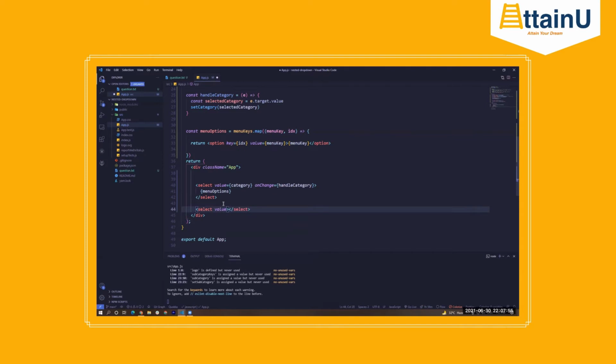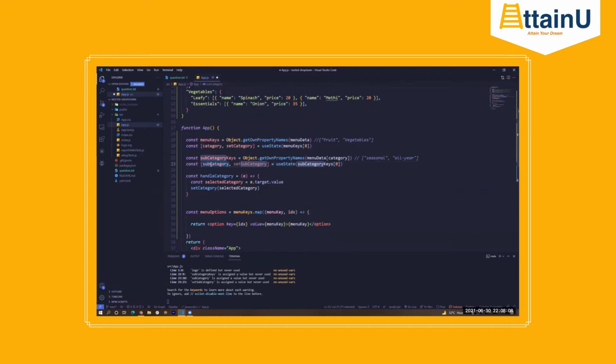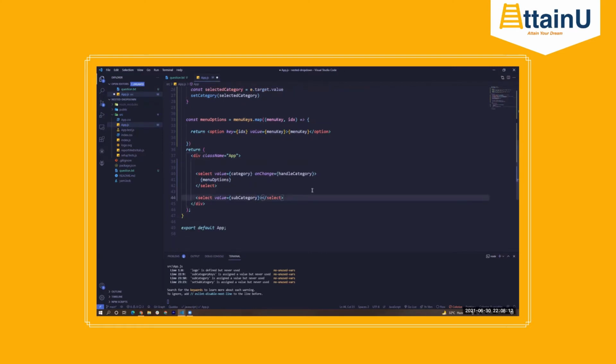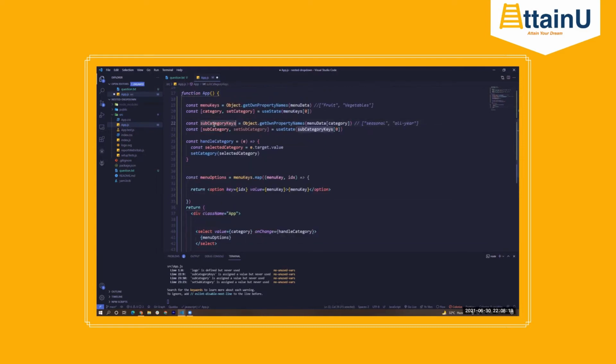The value of this would be that subcategory value itself, which is the value we are storing here. Nice. Now in here we'll be using some JSX. We already have subcategoryKeys here.